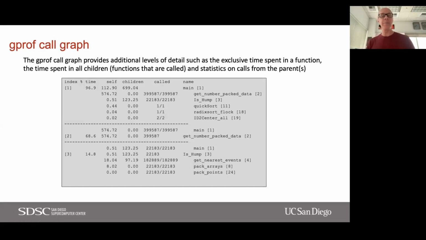Getting back to gprof. So there's also the gprof call graph. And this gives you additional levels of detail, such as the exclusive time spent in a function and the time spent in all of the children, the functions that are called, and statistics on calls from the parents. So here we're going to start at the top. We have function main. So main itself plus all of the routines that it calls account for 97% of the time. You'll notice this isn't quite 100%. There will be some rounding errors in gprof, but you can see that it calls get number pack data, isHump, and so on,